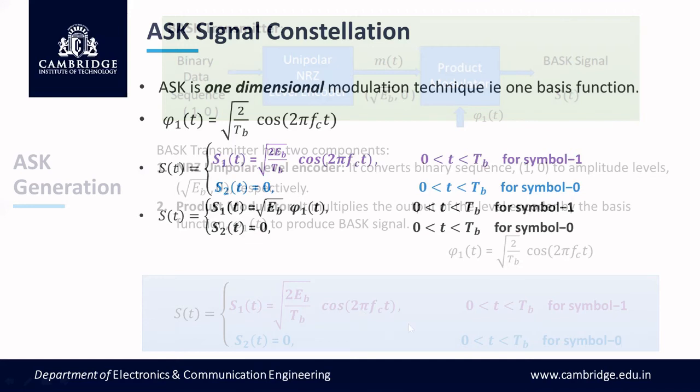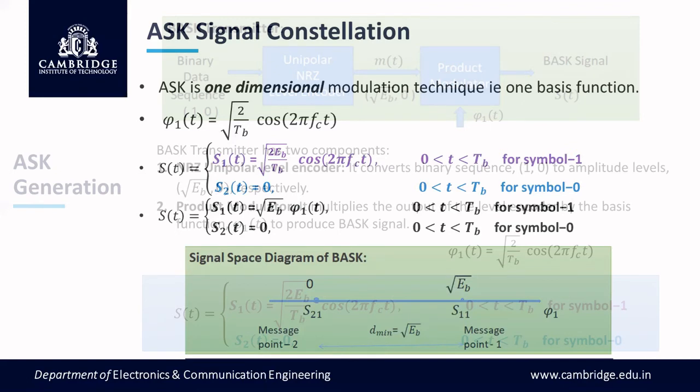So we make the decision at the receiver. Now, since this binary sequence after level shifting, root TB and 0, are very important, and they form the amplitude of the basis function, multiplying it produces an ASK signal. Just by multiplying the basis function, we can translate this information into Euclidean space, which is also called signal space.